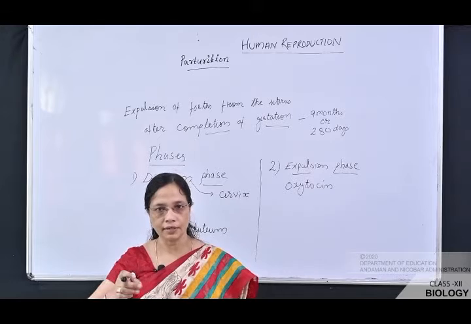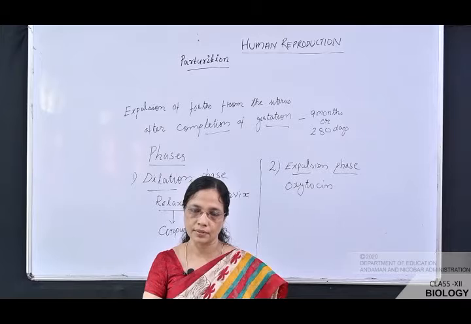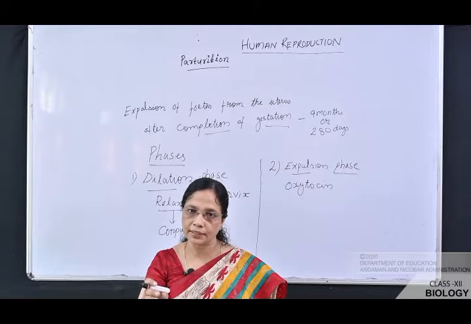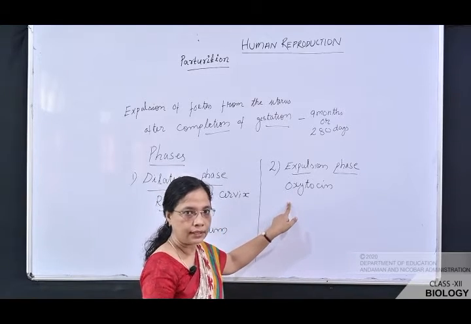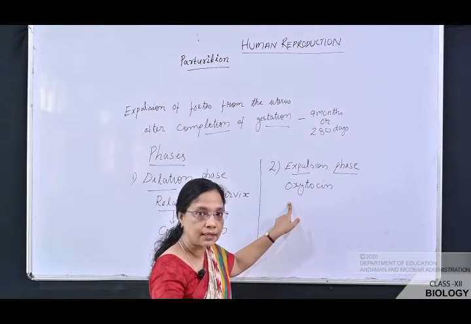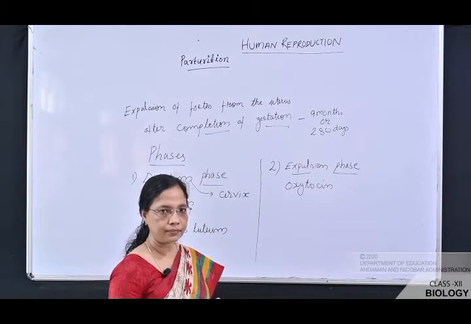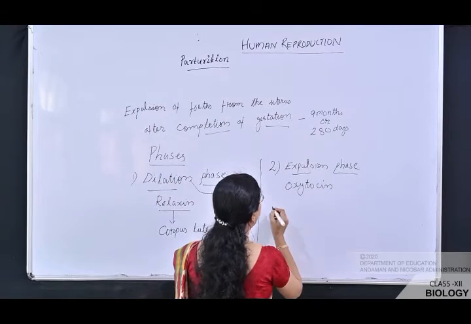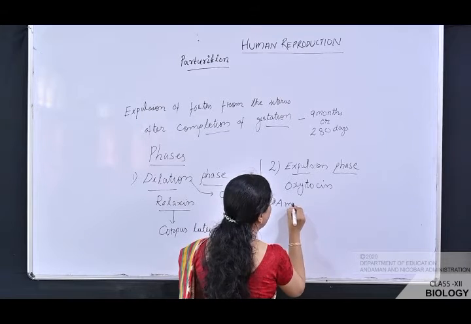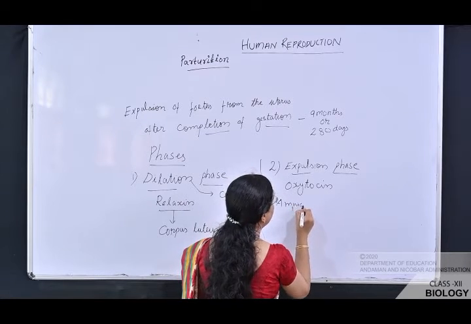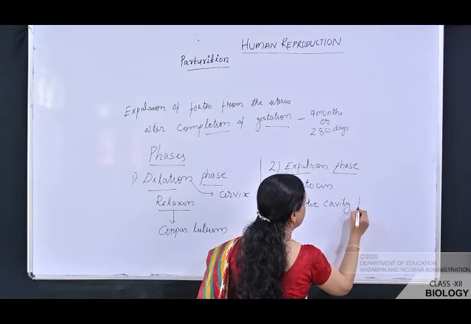Fetus ejection reflex. That causes mild contraction of the uterus. This mild contraction stimulates the posterior pituitary gland to release oxytocin. This oxytocin increases the contraction of the uterus. During this contraction, first, the amniotic cavity breaks. That is, there is a cavity which is known as the amniotic cavity.